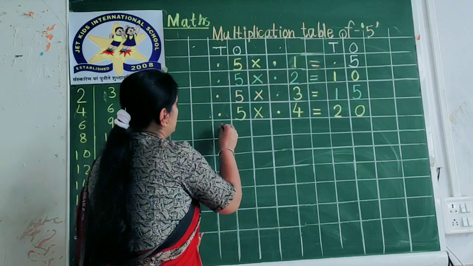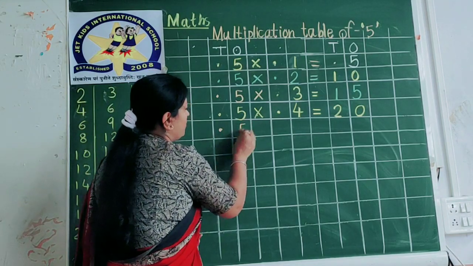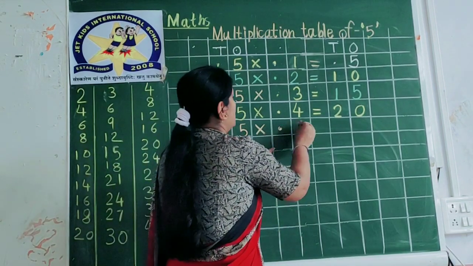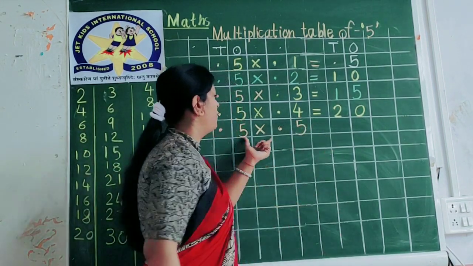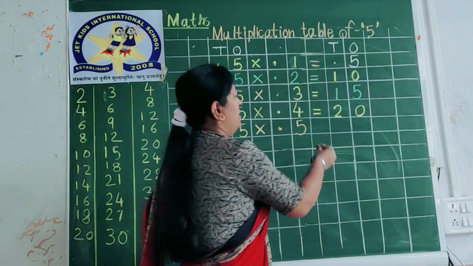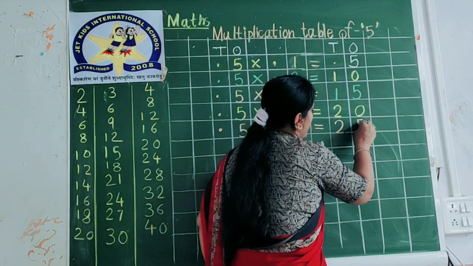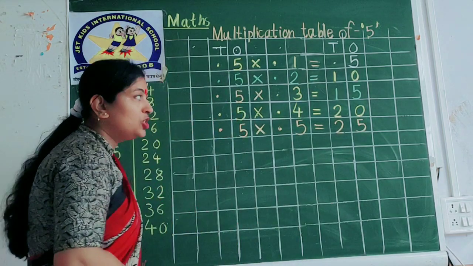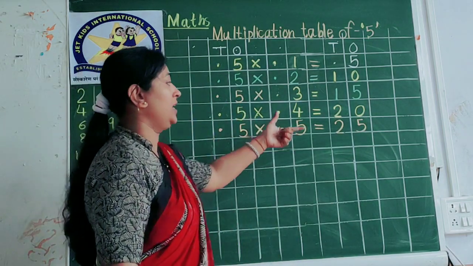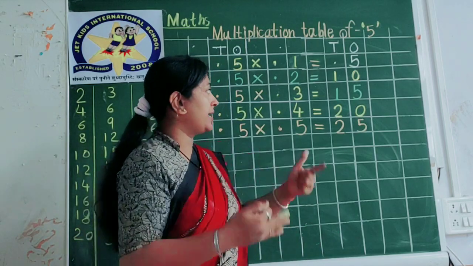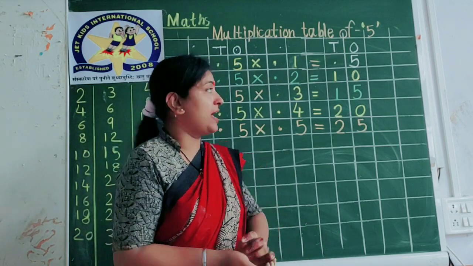Okay, next dot 5 multiplication sign, cross sign, dot 5. 5 5s are, is equal to sign, 5 5s are, yes, 25. 5 5s are 25. Right now you are very small, how the calculation increases at what speed,